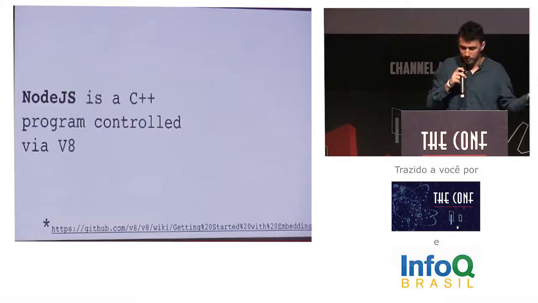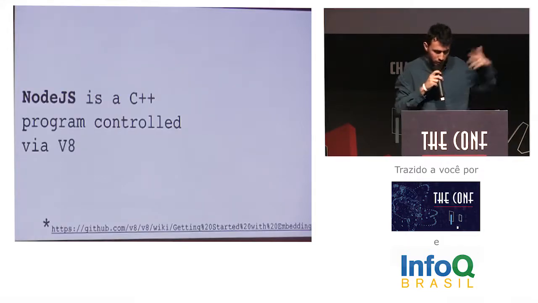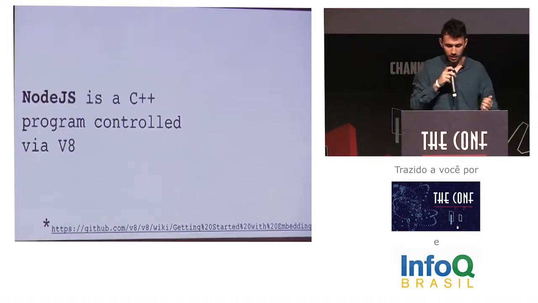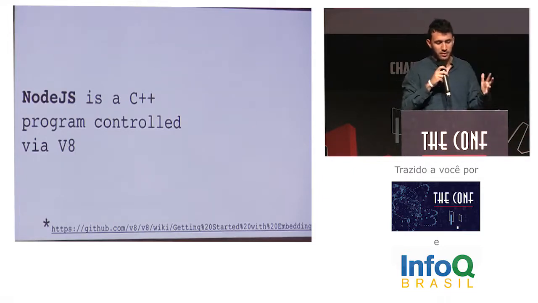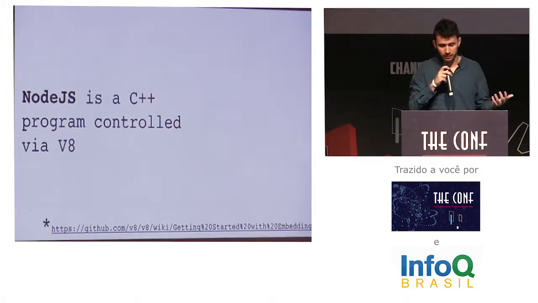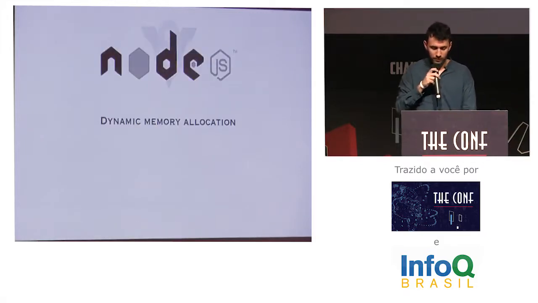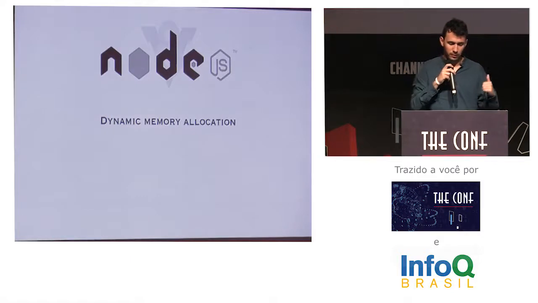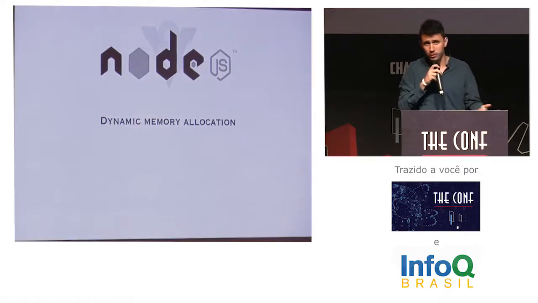I don't know why he made it, but okay, Node.js was born. So Node.js is a C++ program controlled via V8. Remember that V8 can be embedded in any C++ program. So when we talk about Node,